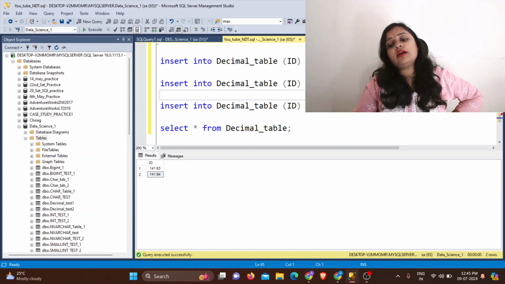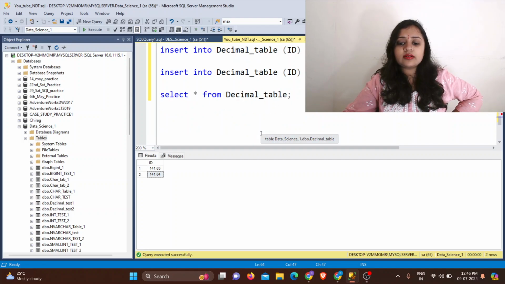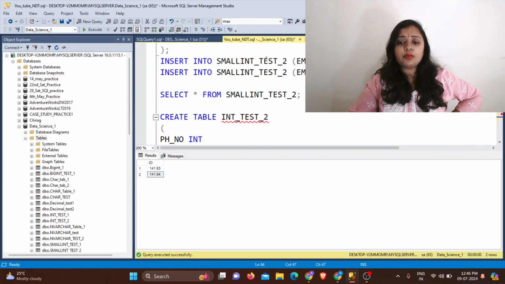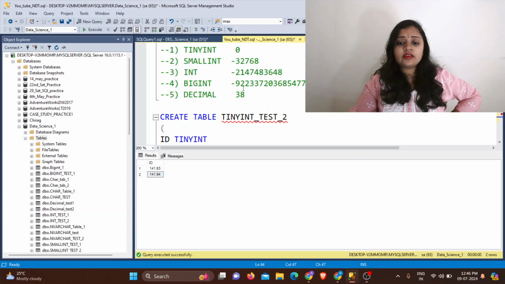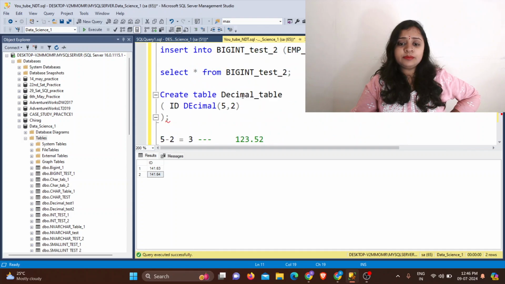If you don't know how this decimal point conversion works, then please explore this one, guys, and you will be able to understand it very clearly. So this is all about the decimal table. Now I just want to tell you one more thing, guys. As the range is mentioned as 1 to 38 here, how does the range work in the decimal table?